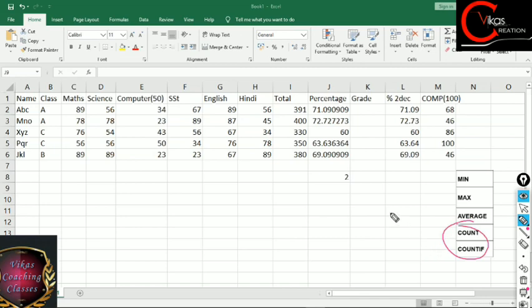And let's say similarly you have to calculate average marks of each student. Fine. Like you have to calculate average of each child. So in that case you can use average function also. It will be equals to average, in brackets you have to pass the values.